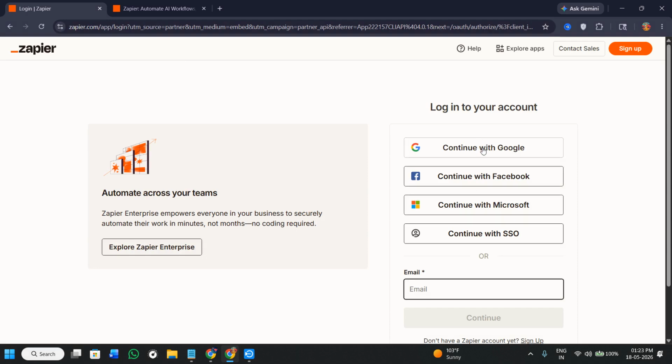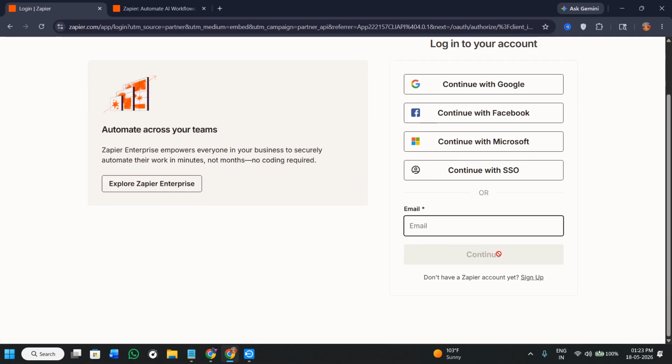Then you will be landed here on the official homepage of Zapier. Now over here, you just have to continue with the help of your Google account, Facebook account, Microsoft account, SSO, or even with the help of your email address. And then on the next page, you just have to do nothing but to just simply allow, approve, or authenticate